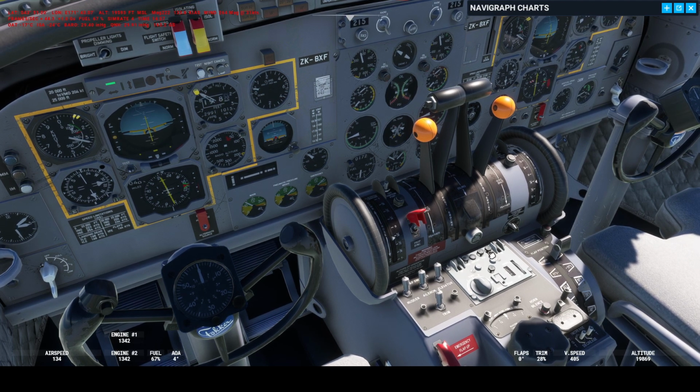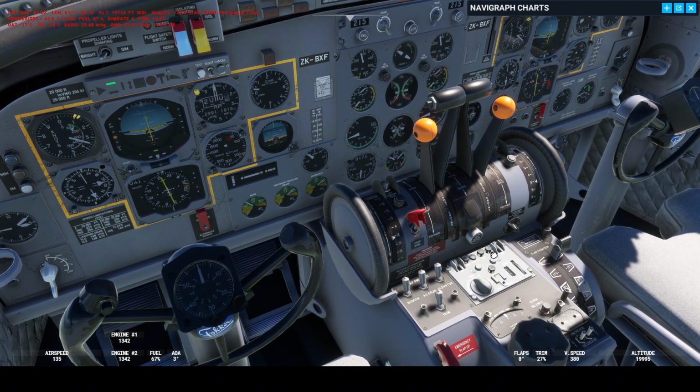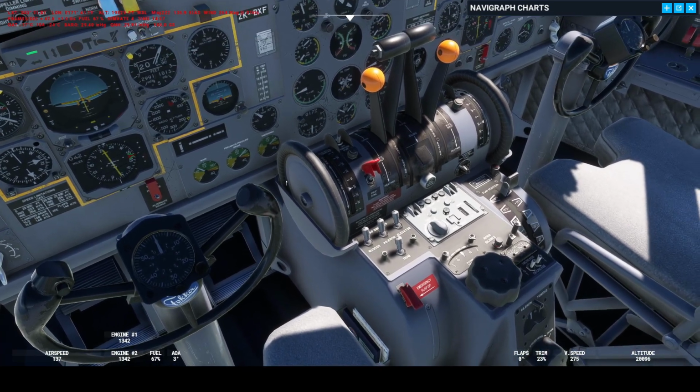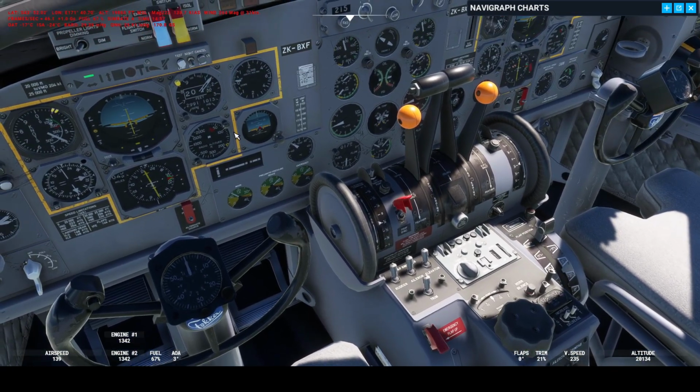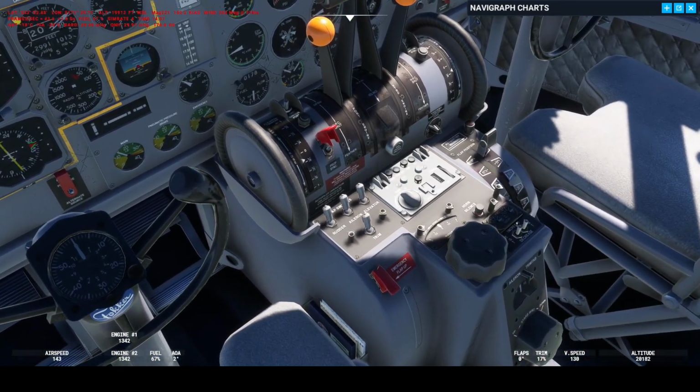Three, two, one. Level off there, and do its thing. It's usually a bit slow at doing that. And then what I'll do is, watching some F27 videos,